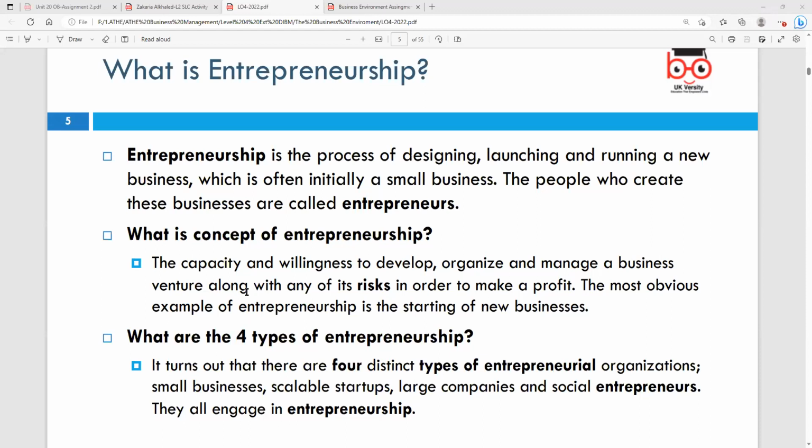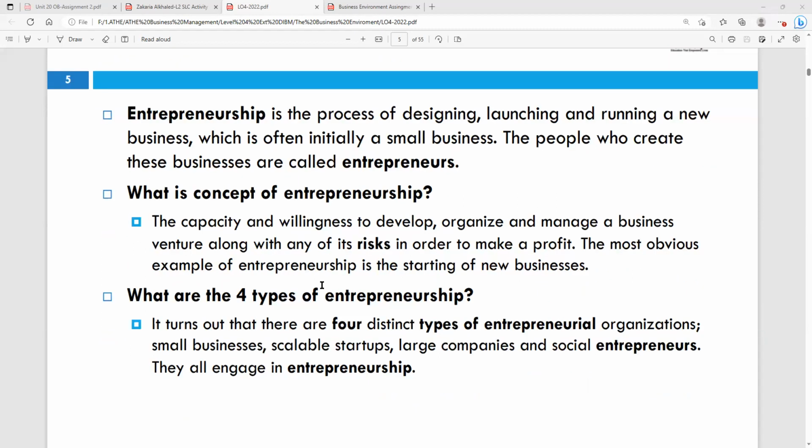So people like yourself who are running a small business or medium-sized business are called entrepreneurs. People who put their resources, their capital, their management and labor all together. That's known as the four factors of production: land, labor, capital, and entrepreneurship. So the entrepreneur is a person who gets all these factors of production together and creates a business for himself